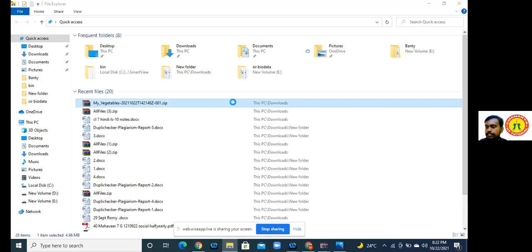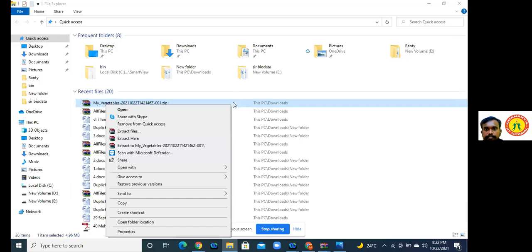Others, everyone completed the design, right? Yes, sir. And what about Rishit? Yeah, extract here. Yes. Or extract here.